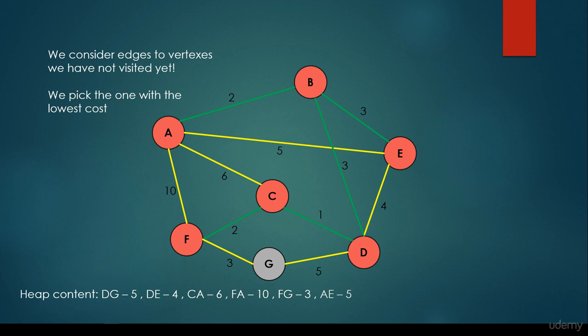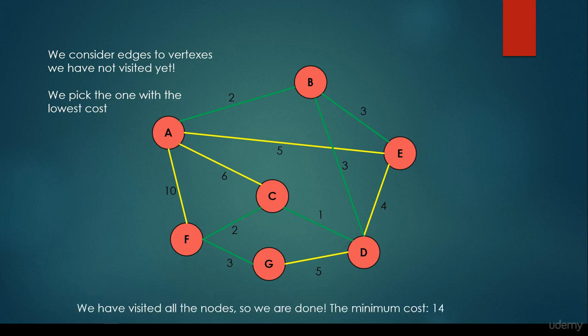Because we haven't visited all the vertices in the graph, we are going to get another edge from the heap, which means that we get an edge with the minimum edge weight, and it's going to be the edge between the vertex F and vertex G with edge weight 3. With this we have visited all the vertices in the graph, so we are done. The minimum spanning tree cost is 14. Why? Because we just have to sum up the green edges and it's going to yield 14.